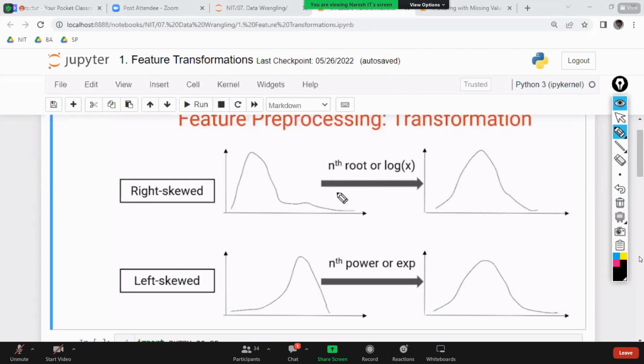For a right skewed distribution, you have to apply the nth root or log x. Sir, nth root, what is this n value? I also don't know. If I knew the value was 2, I would write 2 only, right? Why would I write n? 2 root or 3 root, we would write directly. If the n value is fixed, we directly write that number only. Since we don't know that number, we are writing n. Then how to identify which value of n? Whenever you don't know any value in the entire data science, we are going to try with multiple, different values,